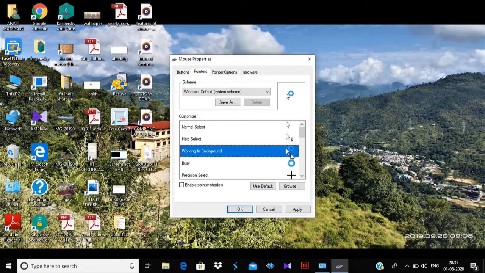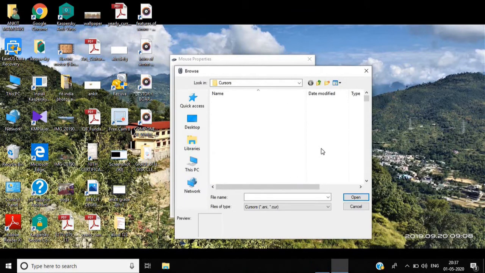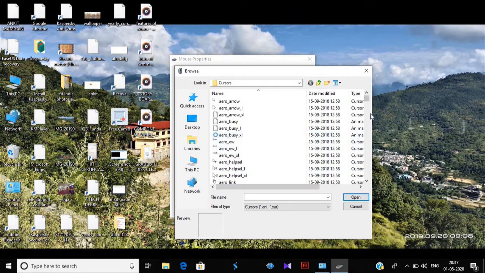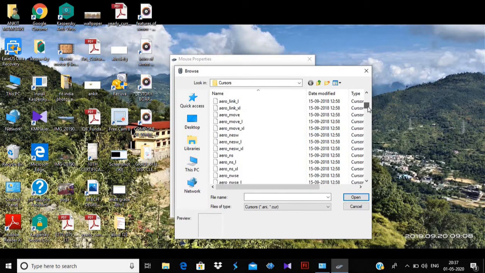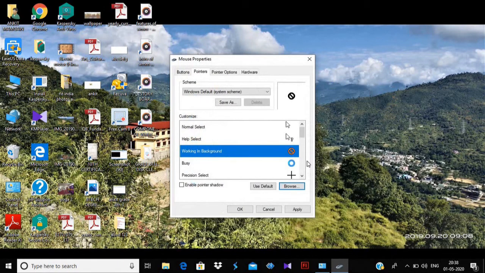I will first select this pointer, then I will go to browse. In browse you will see certain pointers. You can select any one which you want for working in background. Suppose this one. Now you can see this pointer while it is working in background.